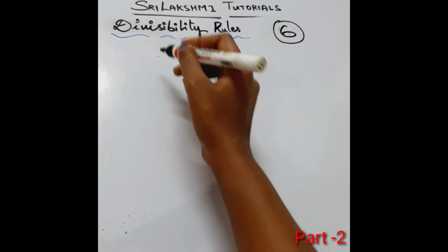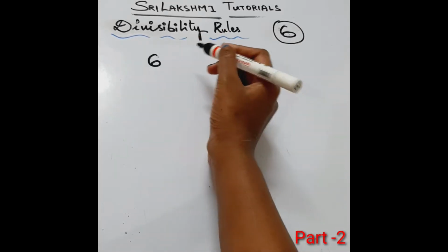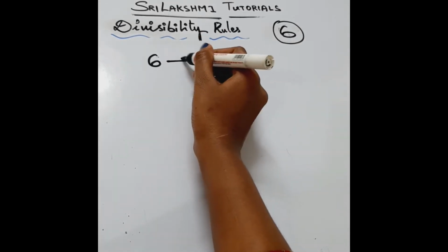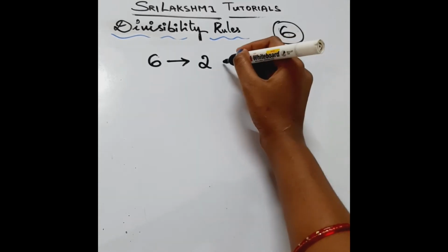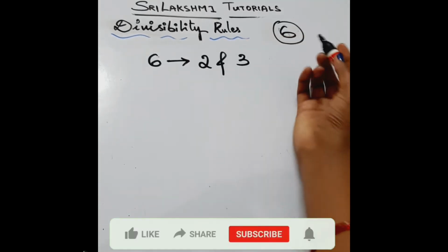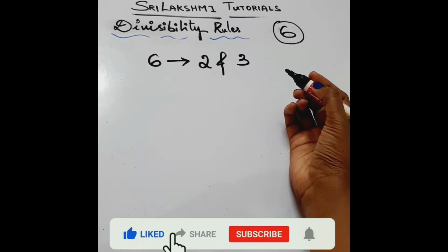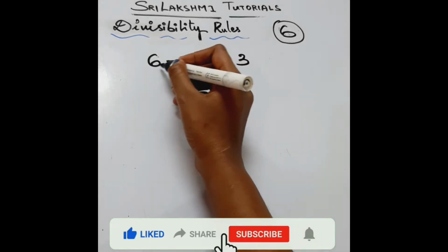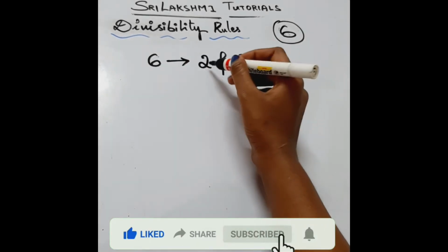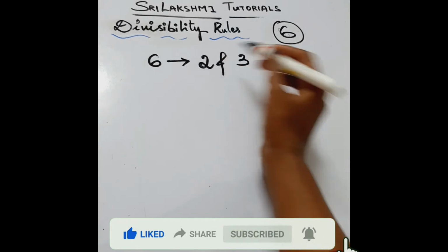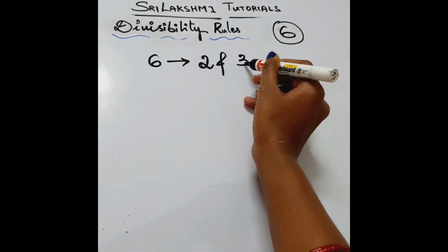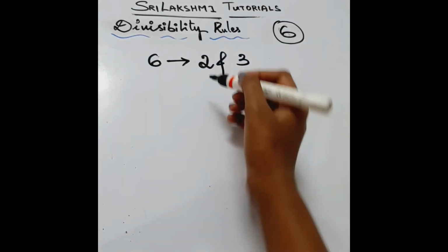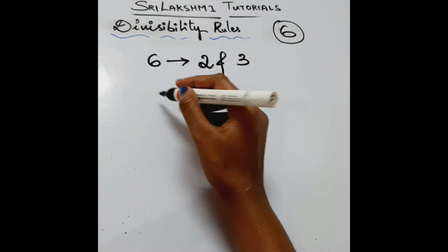To test the divisibility rule of 6, the number should satisfy a condition. What condition is that? The given number should be divisible by 2 and 3. What is the condition for the 6 divisibility rule? The given number should be divisible by both the numbers, that is 2 and 3. Okay. Let us see the number